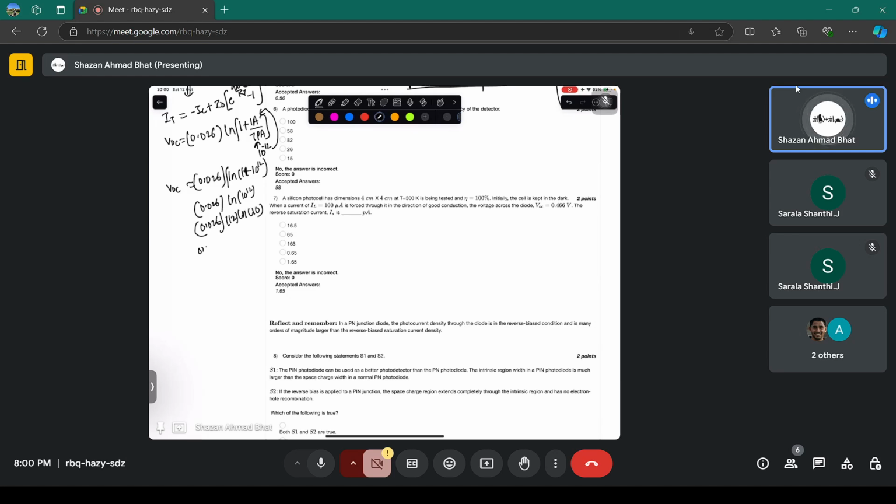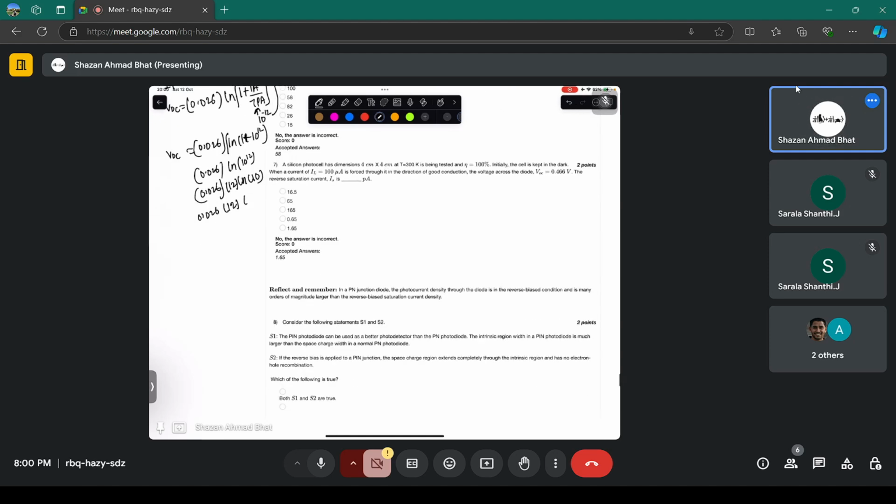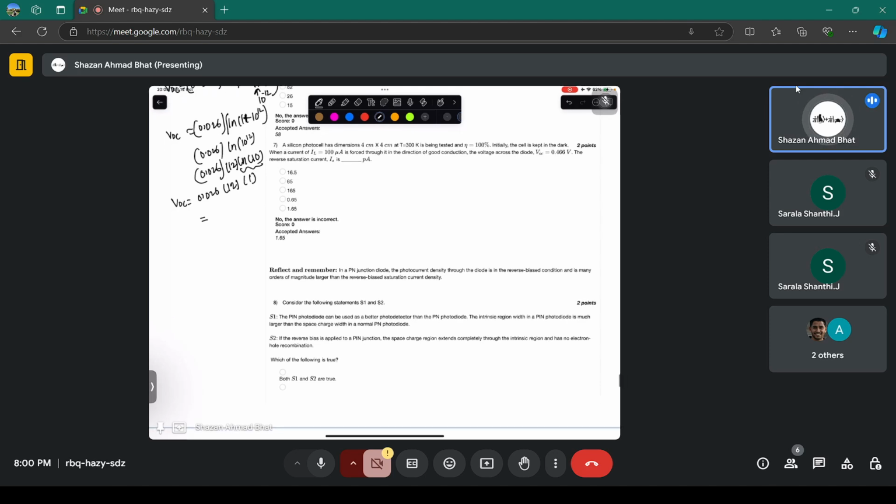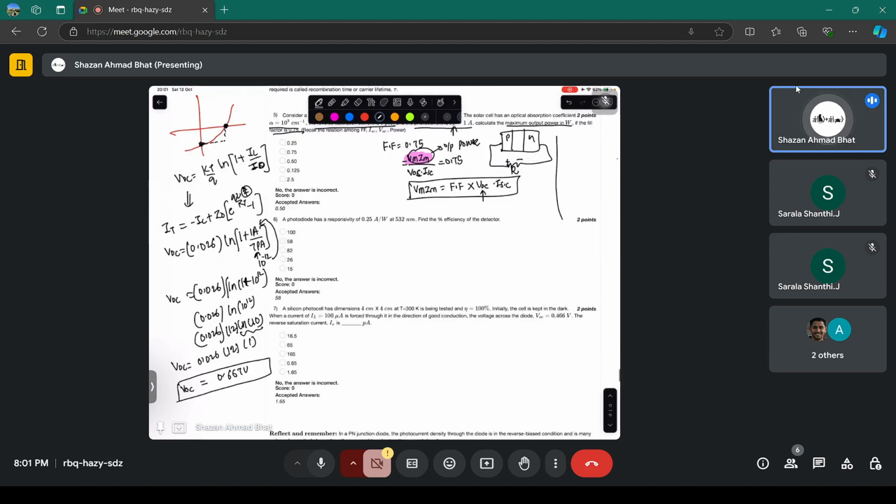Using the properties, you can write 0.026 into ln of this particular thing is 1, and when you evaluate this you will get the open circuit voltage to be equal to 0.667 volts. I think 0.66 volts is enough. Yes, 0.66 volts as the open circuit voltage, and it will be required here in order to evaluate the VMIM,